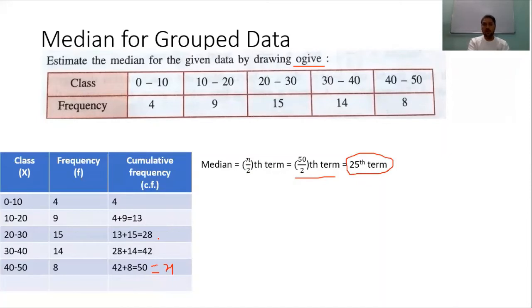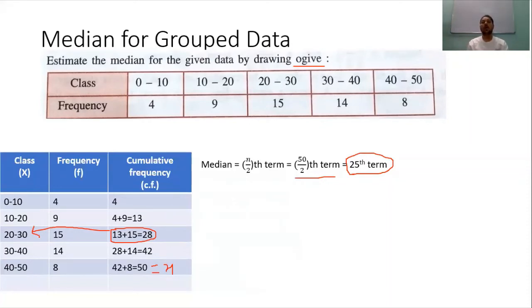Now you can see here the 28th term. That means the last one was 13, so the 14th to 28th terms fall in this category, and corresponding to that we have the median interval as 20 to 30. Okay, median class is 20 to 30, but we do not have the exact value of the median. For that, we have to draw the ogive,